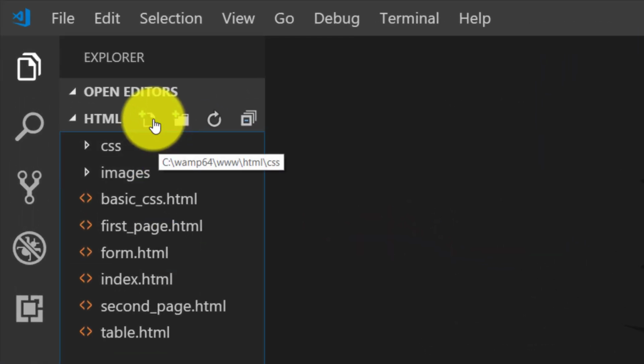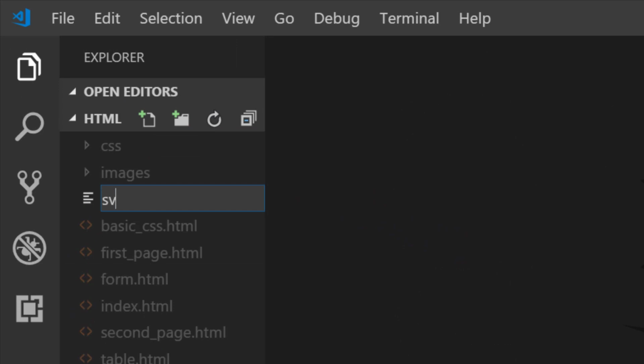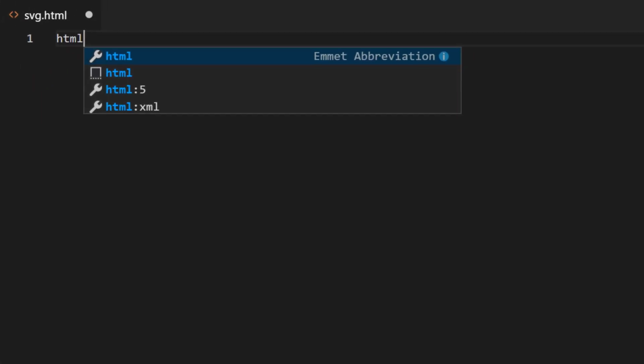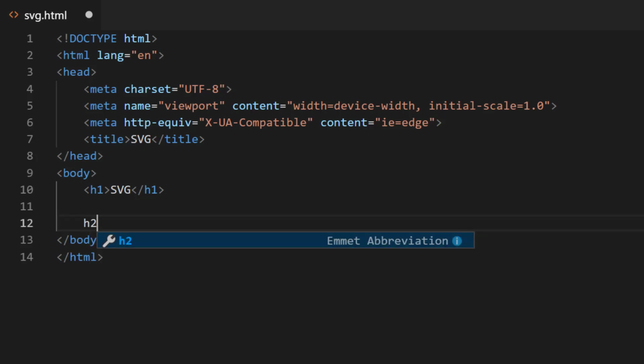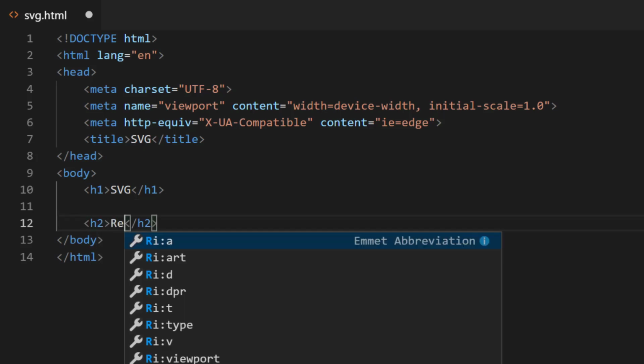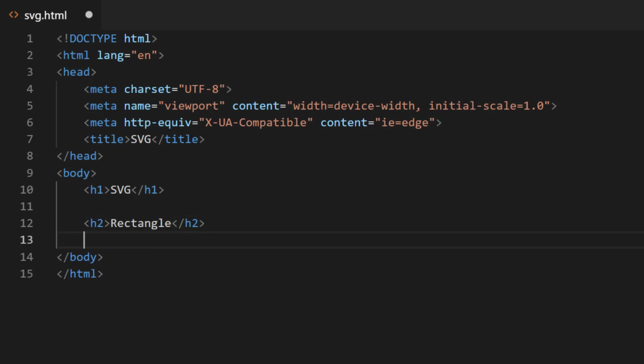So let's start. Create a new file svg.html and start with HTML5 and the title SVG. Let's start with the heading SVG, and first we will create a rectangle. So the heading Rectangle and the SVG tag